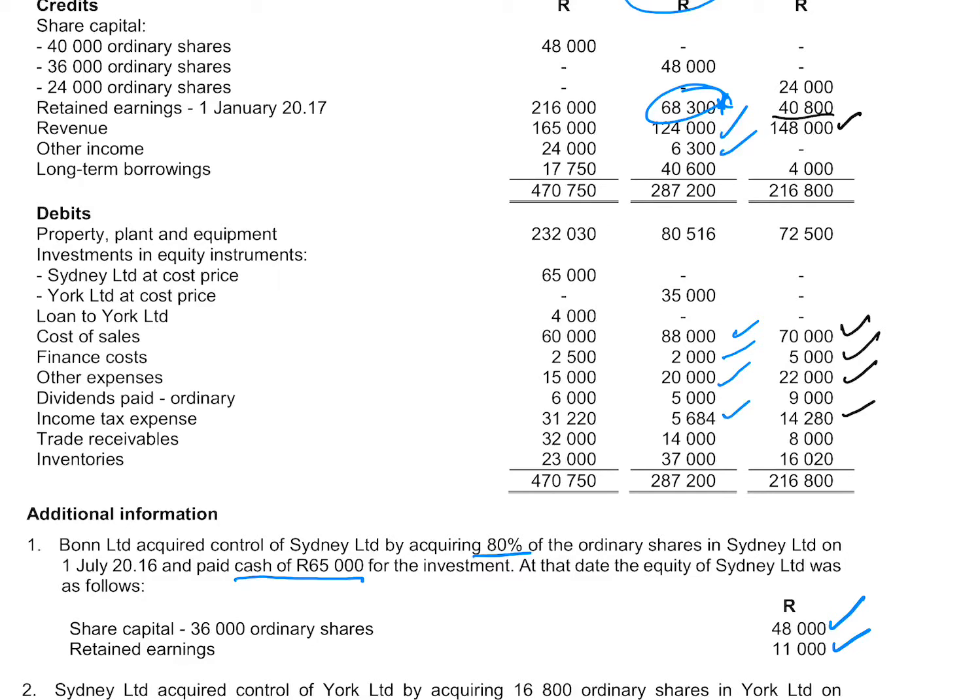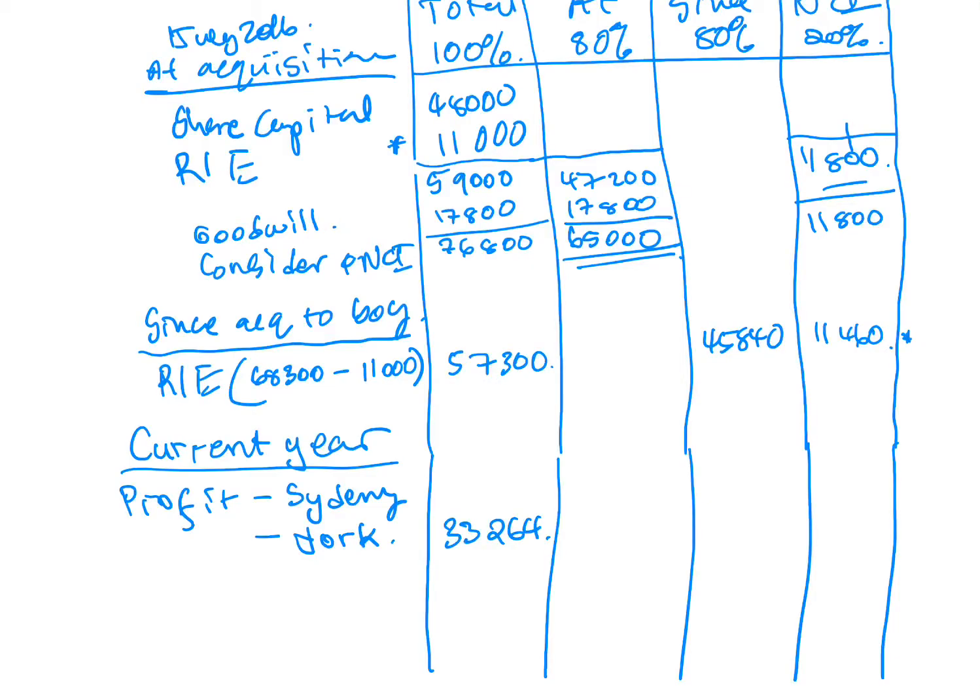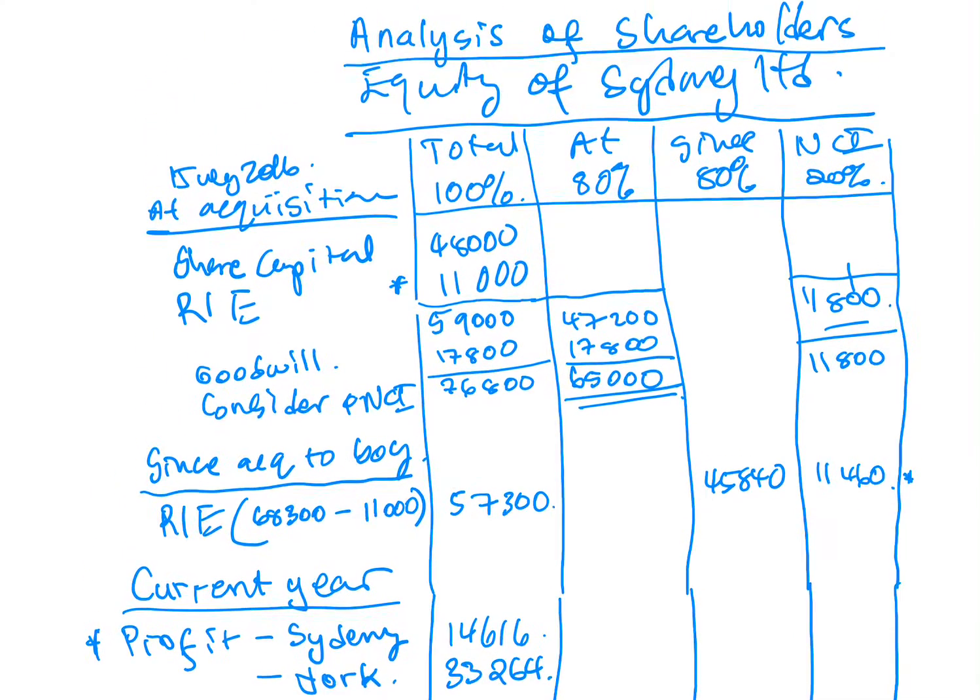So that should give us a profit of 14,616. Right. Now, before we move, this profit of 14,616 includes a dividend that was paid by the subsidiary of